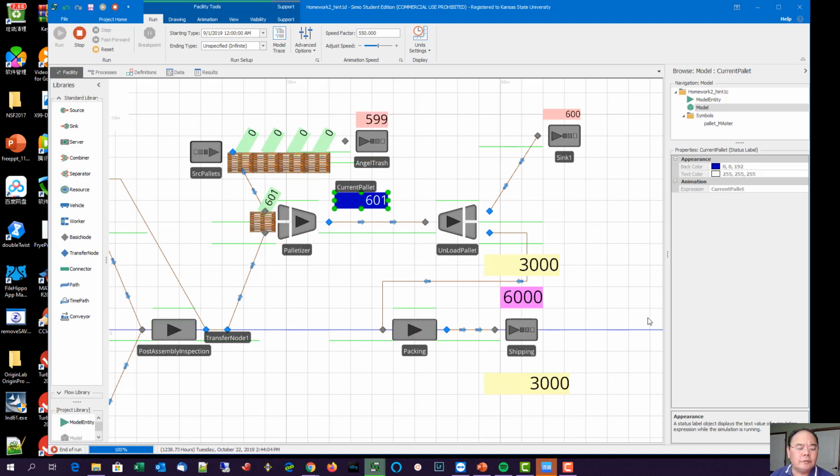Okay, so this is the end of the run. We have both 3,000 TVs finished, total 6,000, and we have 600 pallets to be palletized. 599 actually went to the angel trash, and so that means the last one actually has an incomplete pallet and moves on together. So this pretty much finishes our